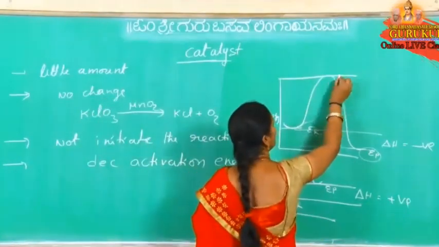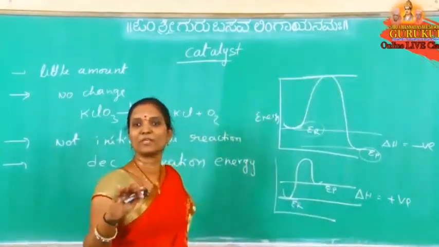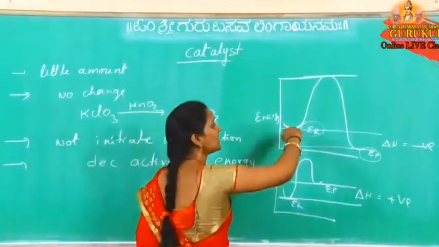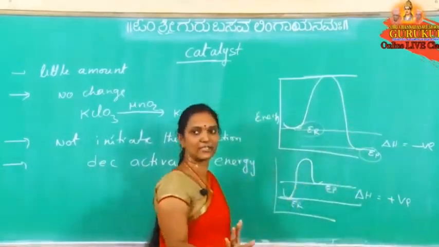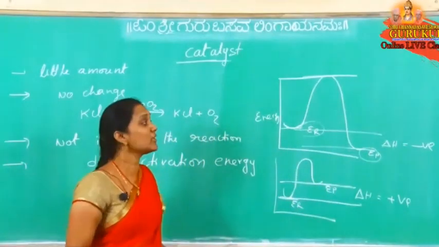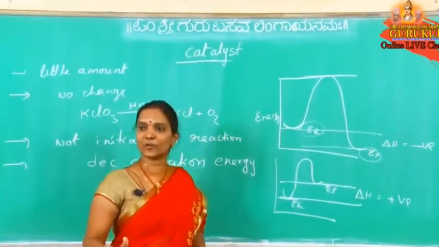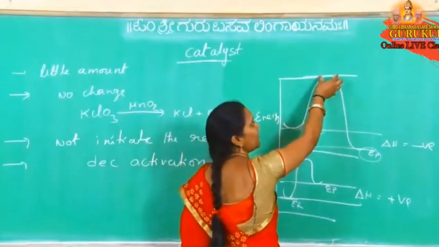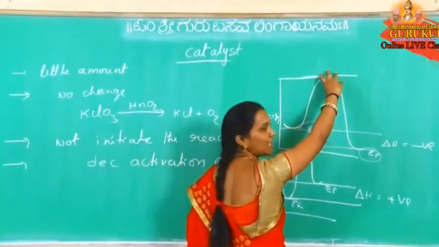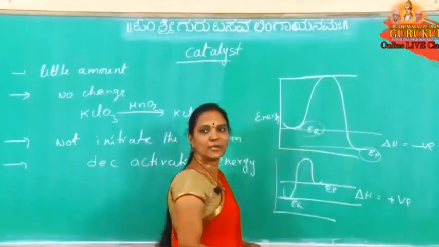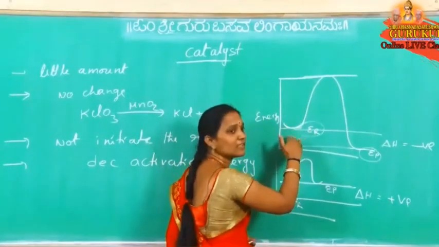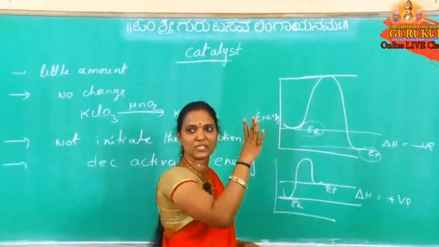This energy is called threshold energy. Some minimum amount of energy is required. Only when this energy barrier is crossed can reactant change to product. So to convert a reactant to product, some minimum amount of energy is required. This is the minimum energy. Only when this much energy is there can reactants change to products. But initially the reactants were here, and that much energy was not there.